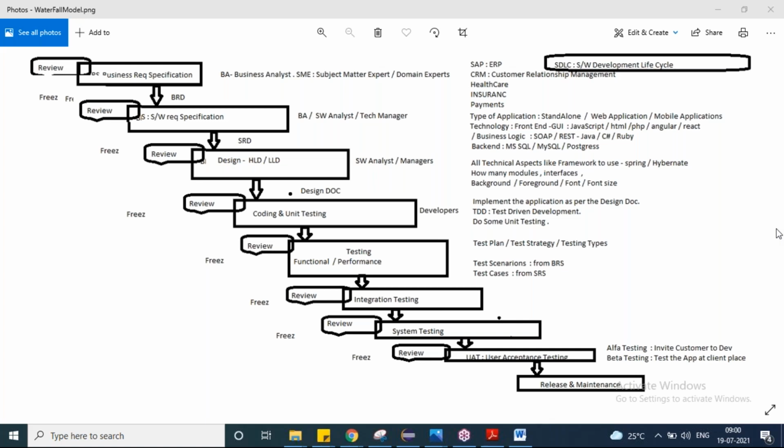A lot of interview questions will come from this discussion that we had today. Definitely, for sure. What is TDD? What is code coverage? These kinds of things, right? If you have any questions, please ask me. Otherwise, we will stop here for today, and tomorrow we'll go for the next topic. There is something called the waterfall model. Sorry, the V model. We'll talk about the V model.